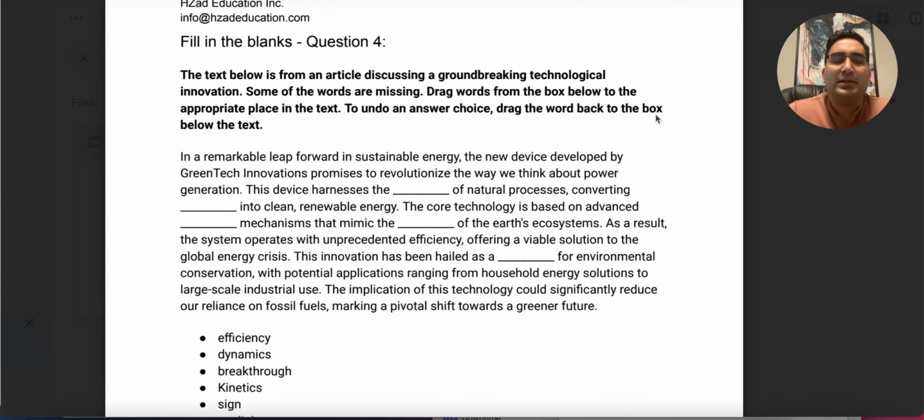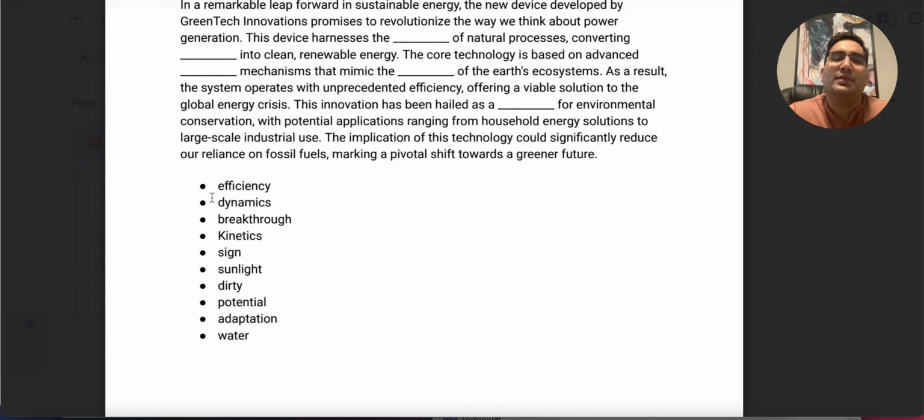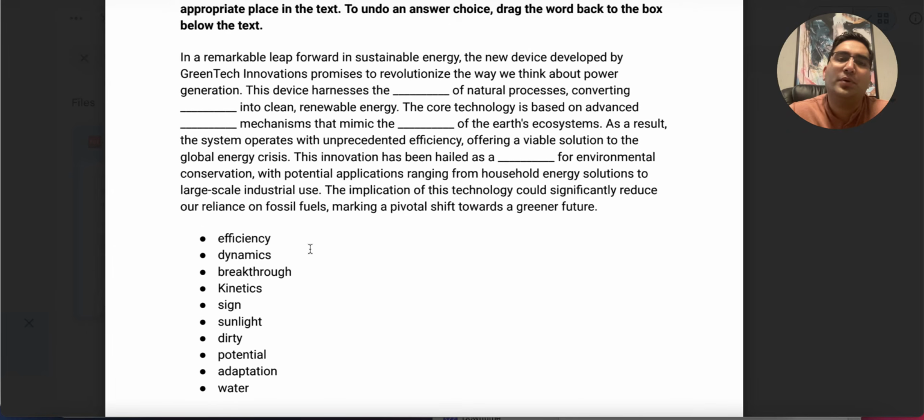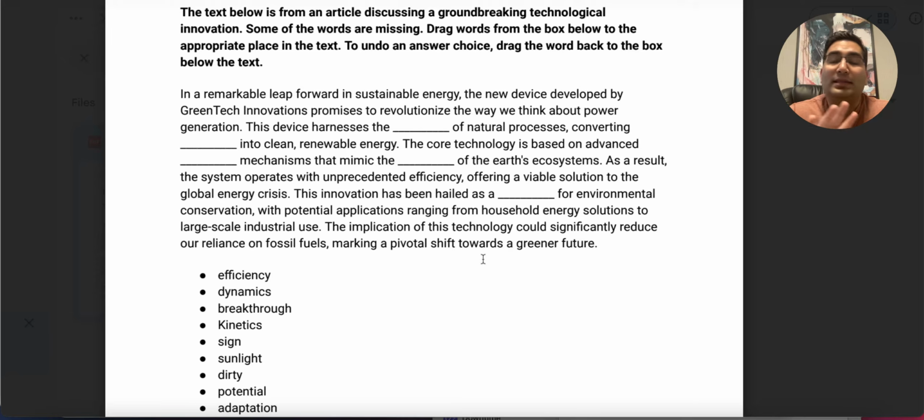Let's discuss the PTE Core fill in the blanks question. This one is the question where you have this text written and you have these options given. You've got to put the suitable word in each blank that you see here. A lot of people get stuck here, so we'll discuss the easiest strategies you can use and how you can